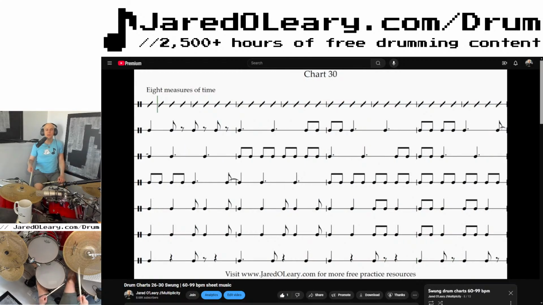All right, last set of charts. Again, this is another one of those where you wouldn't read through a whole chart like this on a gig, but it's good coordination to work on your feet, where you're playing the short on the hi-hat, long on the bass drum, and you're filling in the triplets. You might play it for a measure or two, a little short fill or phrase. So this is a good way to practice it.